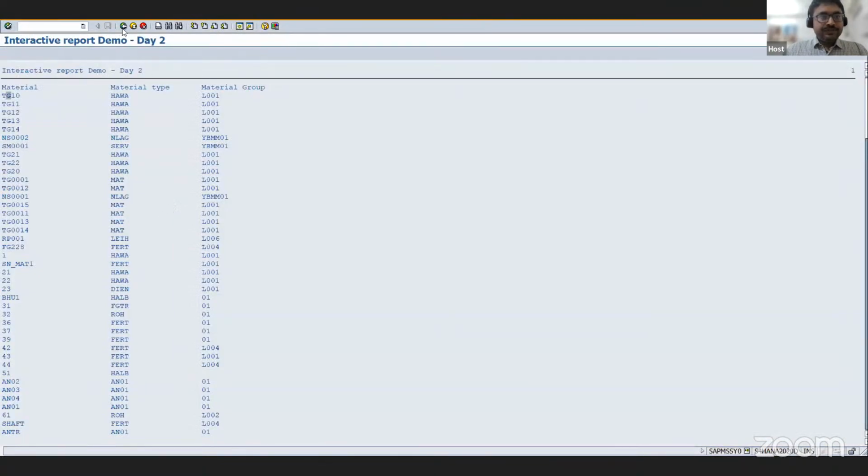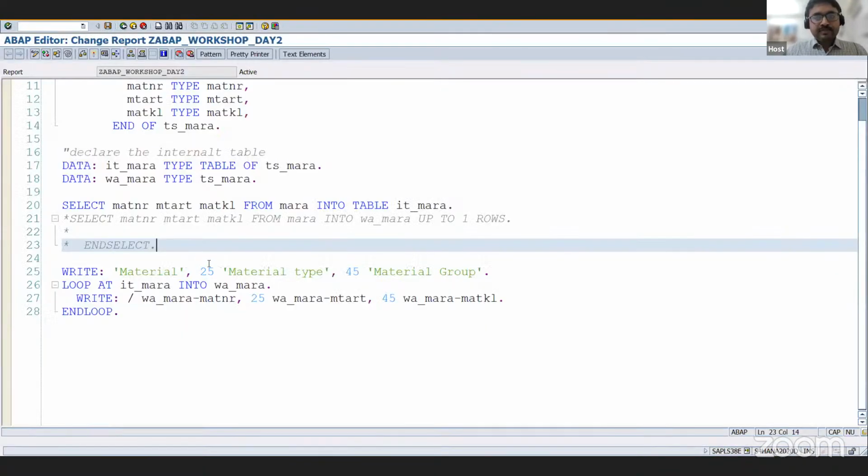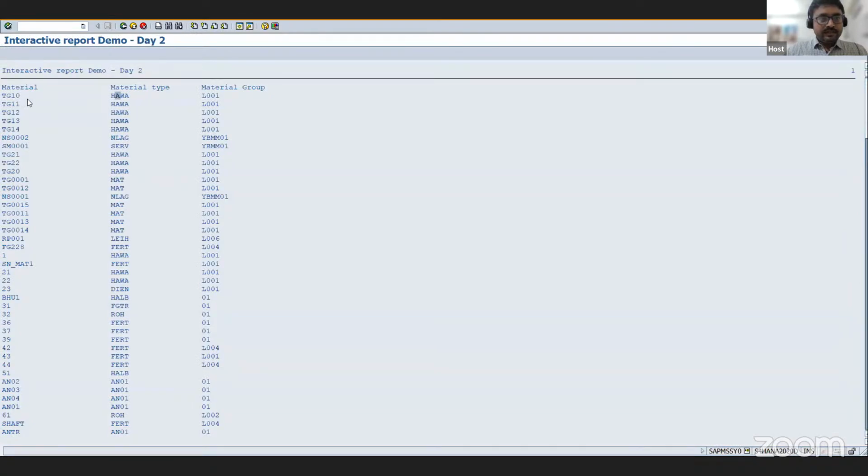Okay. So what we are going to do is capture the data when you double click, right? When you double click over here, it should capture this complete line so that you can find this material. And with the help of this material, we can put the select query on MARC table and put it into our internal table, and then we can display. Getting the point of what I'm trying to tell? When we double click on this particular line, okay,